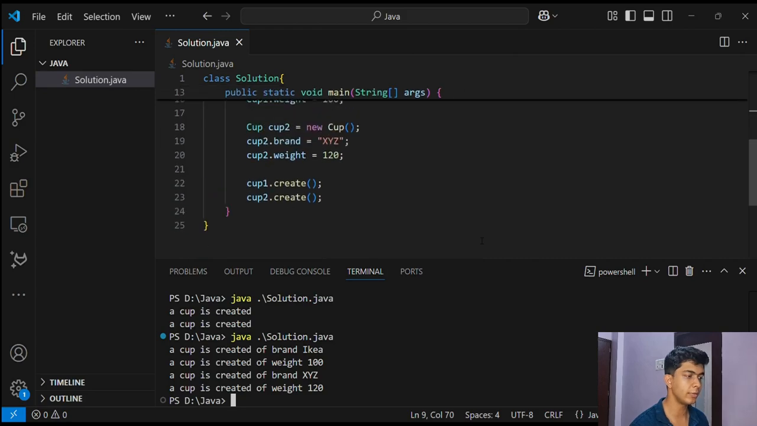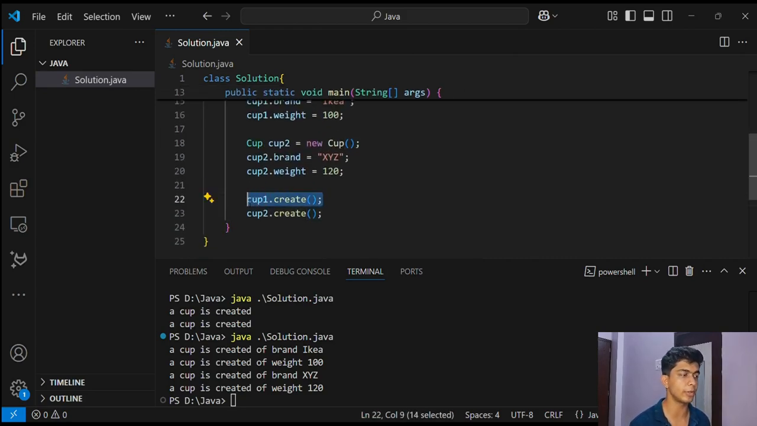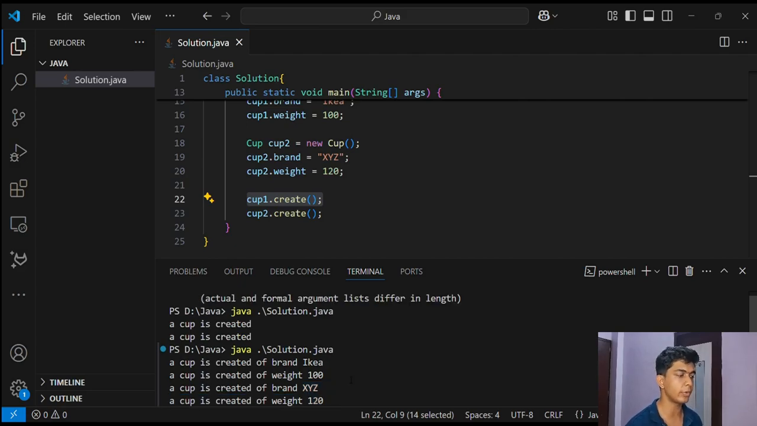So here as we can see, first we have invoked the cup1 method, which is create. So we have got all the attributes of cup1, that is IKEA and 100 grams. And after invoking the second method, we get the second cup's attributes, that are XYZ and 120. So this is sort of a gist of what object-oriented programming is, and now we will be moving to